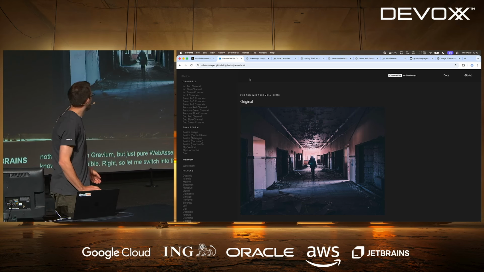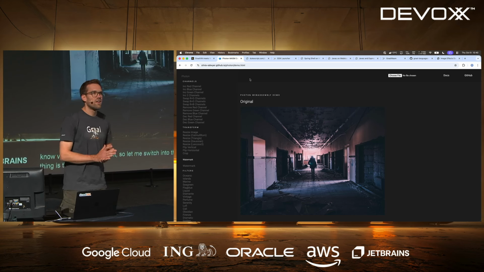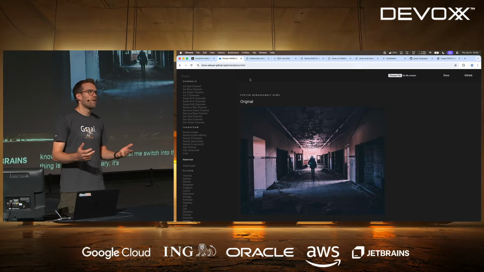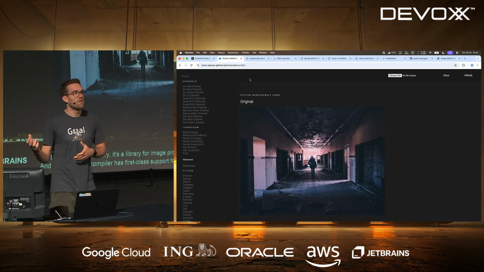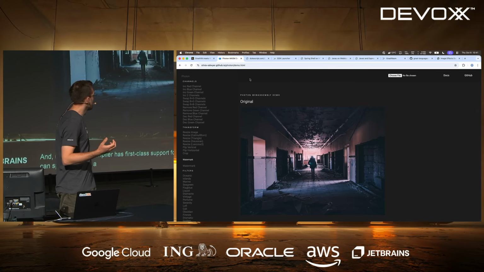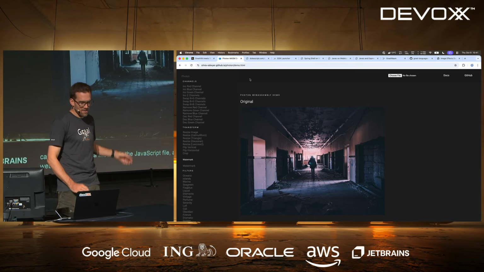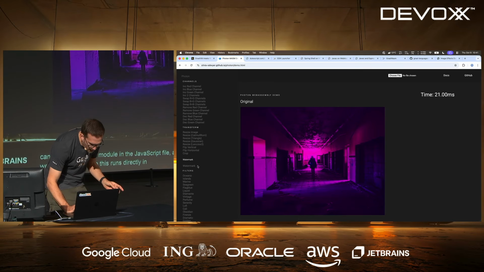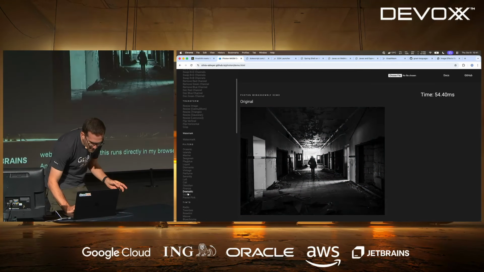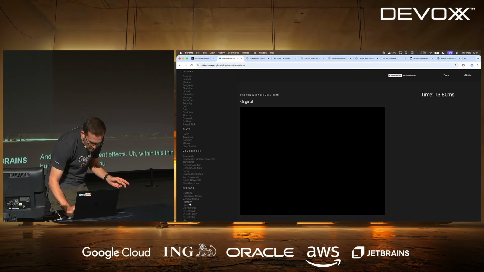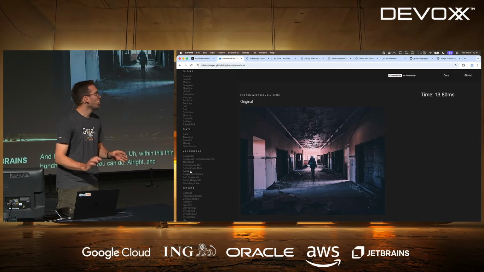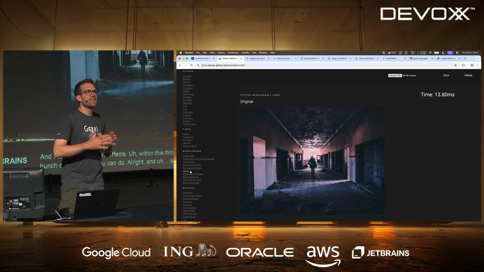So this thing is the Photon library. It's a library for image processing written in Rust. And the Rust compiler has first-class support for WebAssembly, and it can spit out a Wasm module and a JavaScript file, and then you can build websites like this. So this runs directly in my browser, and I can apply different effects within this thing, right? There's a bunch of things that you can do, right? And all of this runs directly in the browser. There's no server backend,